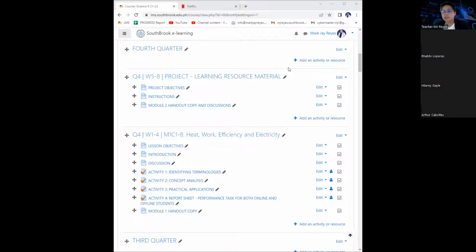Inside these modules are science concepts that we need to tackle and discuss further. But for this quarter, I gave you a single module in order for you to focus on the lessons and create a learning resource material out of it.